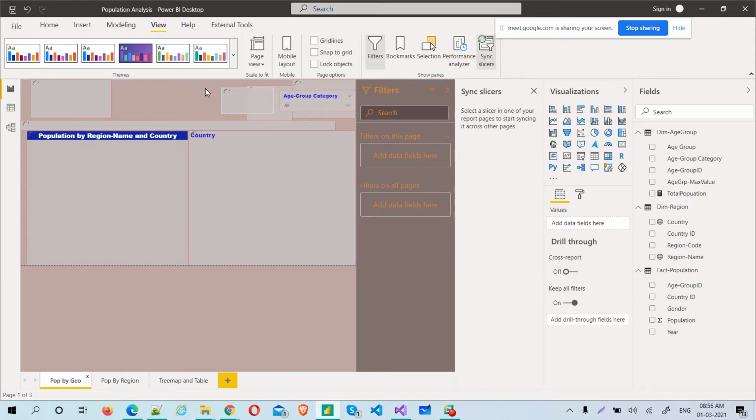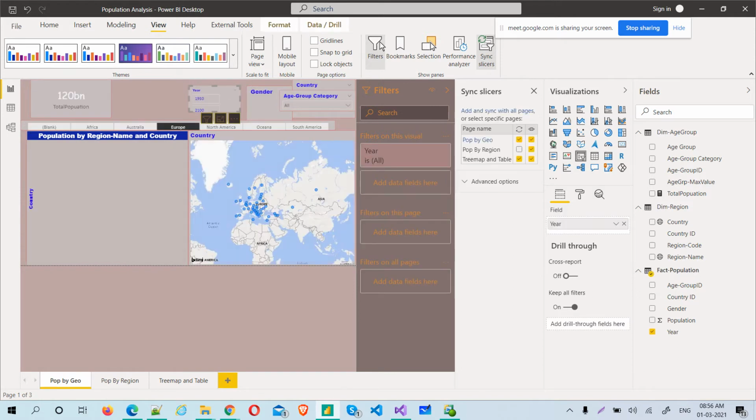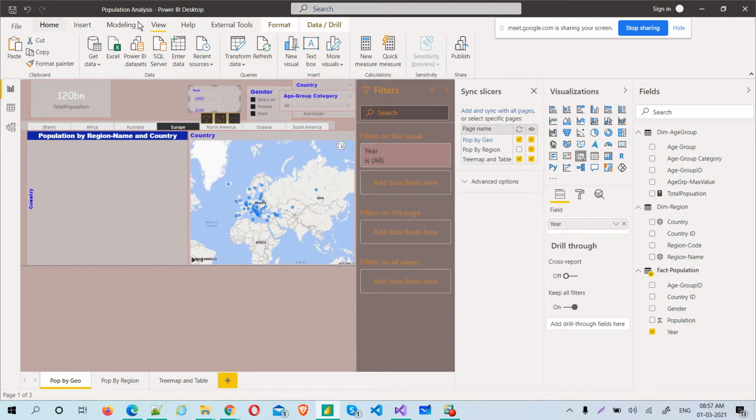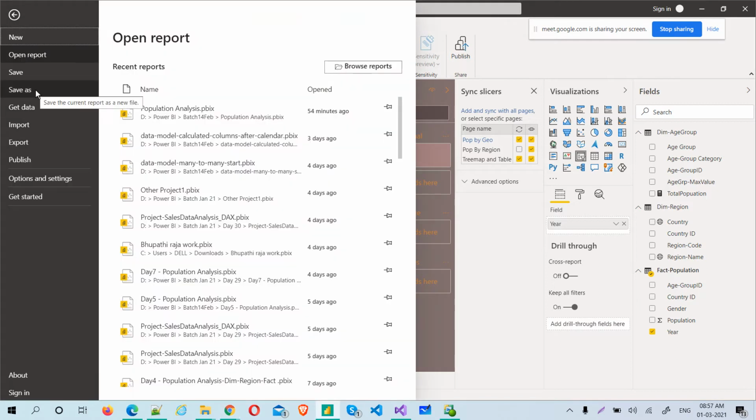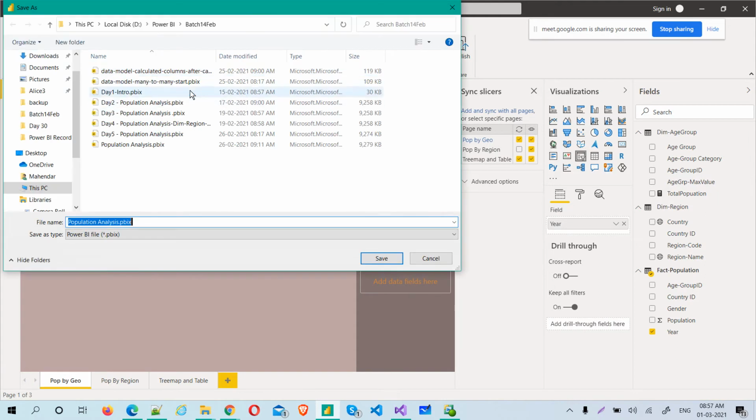Okay, so by doing this, I would like to publish. Okay, home, and then change the name. This time I want to save as population analysis with, what else we have learned today, themes and tree map, line graph and table.